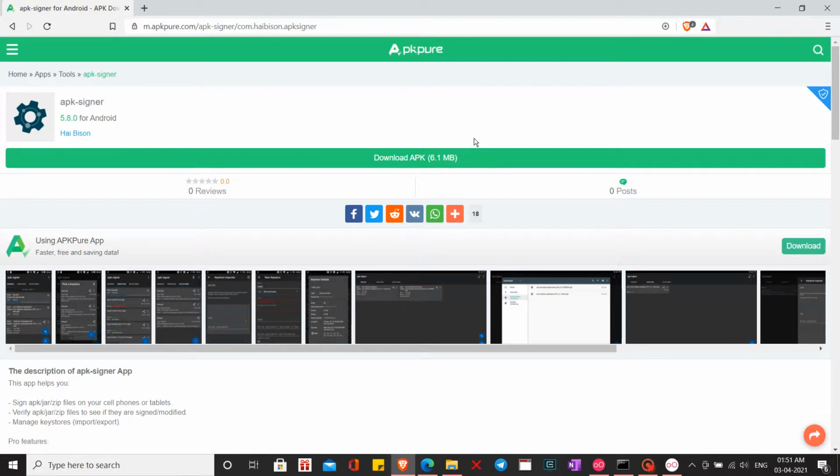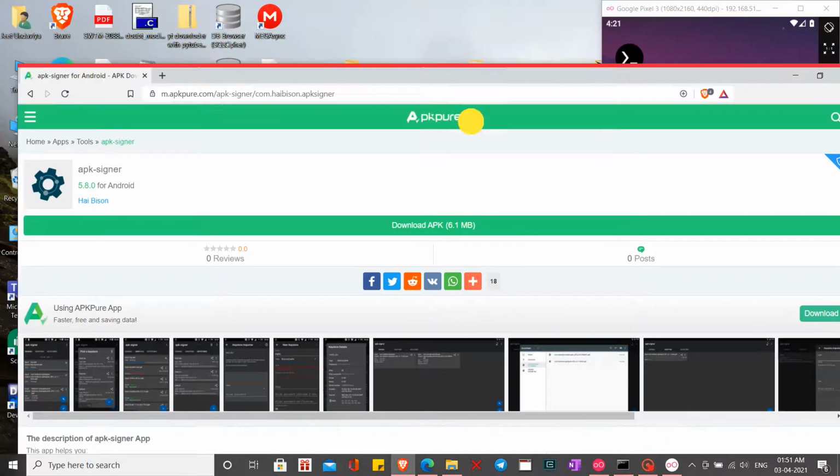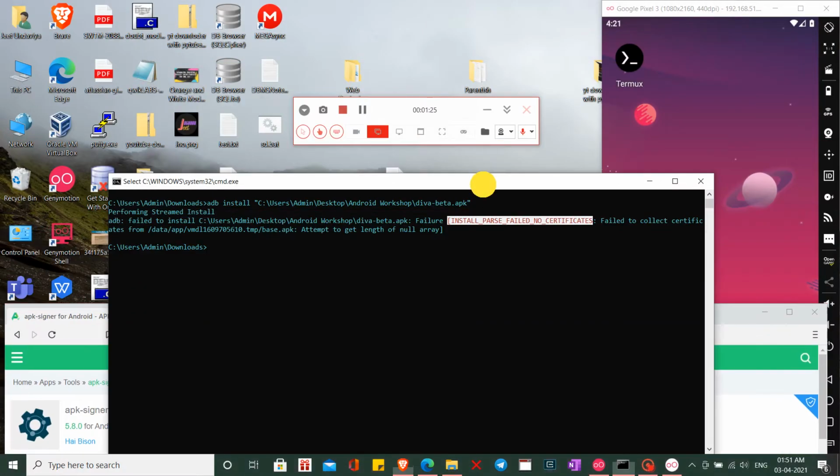Once you install this application in your emulator, it will sign an APK file which does not have any certificate. It will create a signature and sign the application, and then you'll be good to go, so you won't face this sort of error.